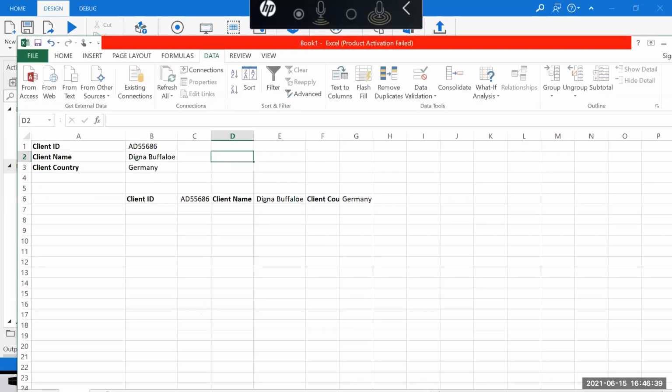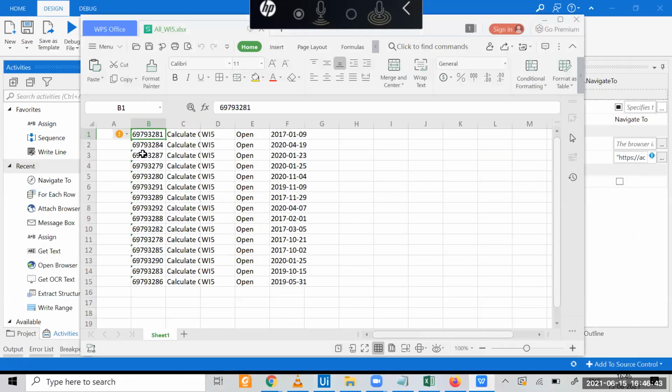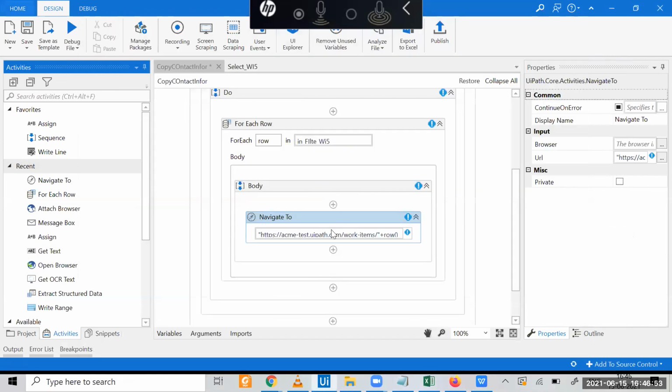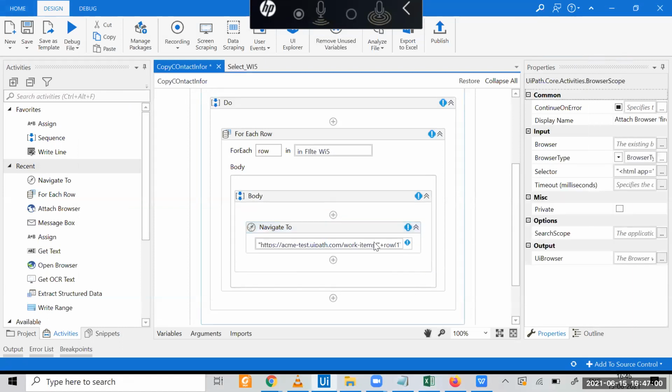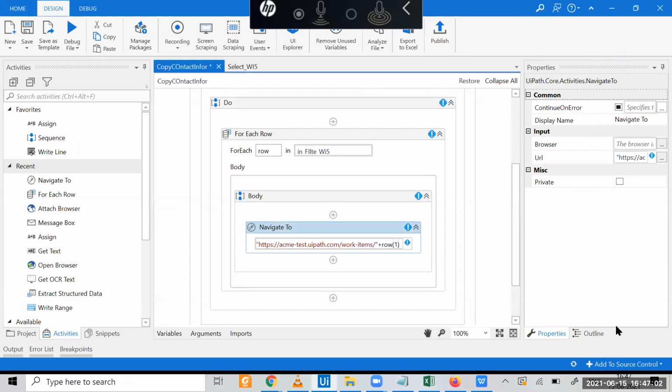This is the first row, and this is the first column. So I am going to search it row wise, row of 1. It will navigate to that location, one by one.